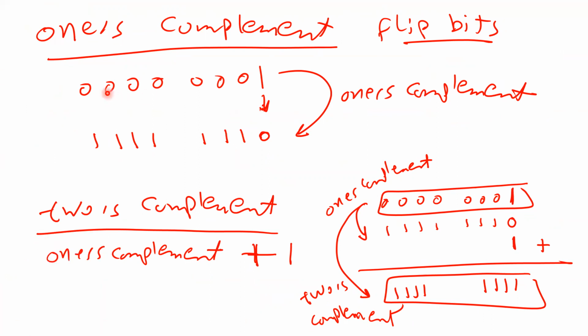Very easy, very trivial. If I give you this number, 1 0 0 0 0 0 0, and I ask you, please calculate the 1's complement of this number. How can you calculate the 1's complement? Very trivial. Just flip the bits. That's it. Flip the bits. So this is bit number 1. I'm going to make it 0. 0 is going to become 1. 0 becomes 1, and so on. Just a flip. So if you have a number and you just flip the bits, you are calculating the 1's complement. Is that okay? Okay.